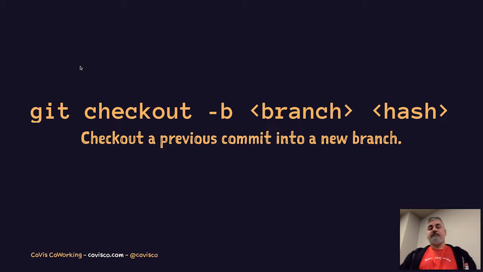What you can also do is you can make a branch out of your previous work. And that's amazing, because if I want to go back to before something screwed up, but I don't want to undo everything I've done, I can just make a branch out of it. And the way you do that is just like you create any other branch. You do git checkout -b and then a branch name, but then you put those 7 digits afterwards.